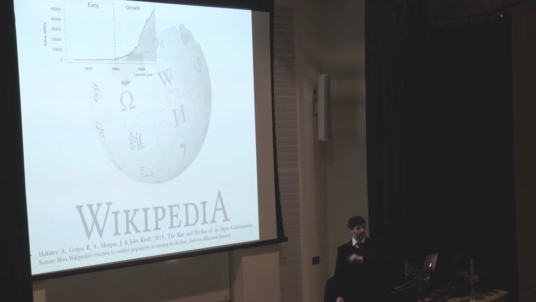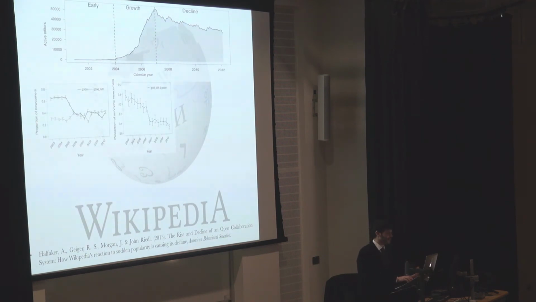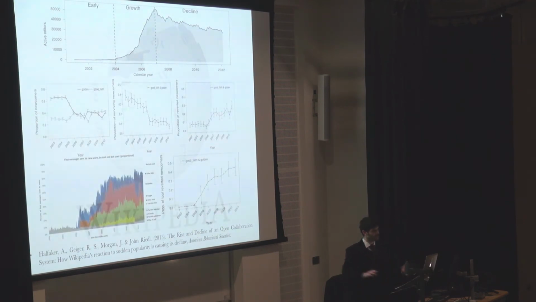Now, the reason why I want to focus on Wikipedia, other than obviously being a very important example, is also that it faces a serious problem that I think can be solved by thinking in terms of group knowledge. So, to see what the problem is, ever since 2007, Wikipedia faces a steady decline in the number of its active contributors, or the driving force of Wikipedia. And as the rest of the study concludes on the basis of those graphs, and I don't have the time to go through them, but you can ask me later on,